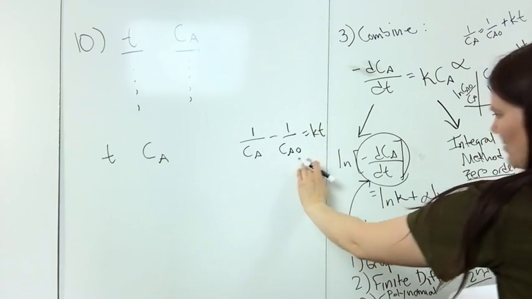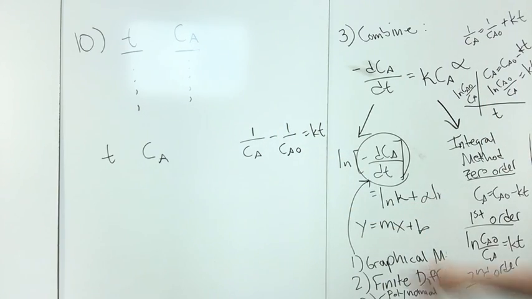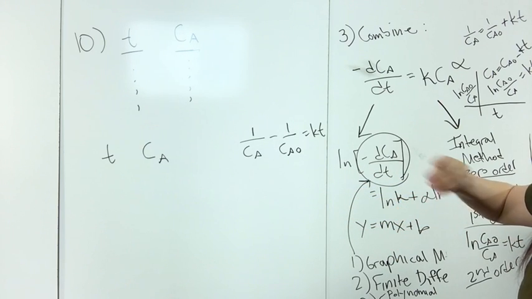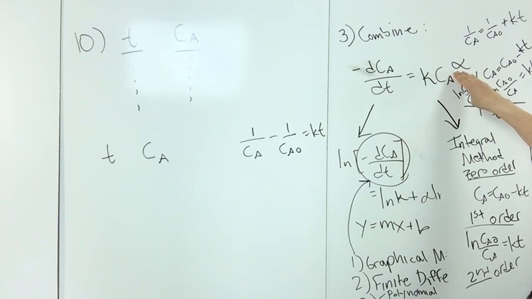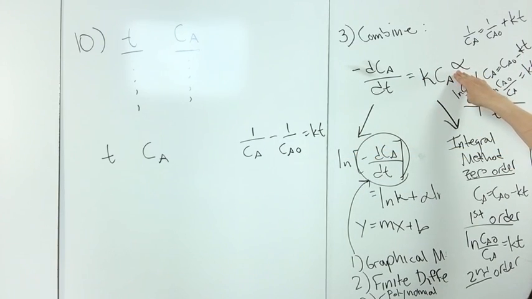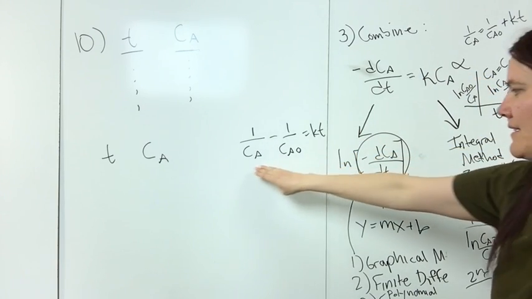So this is the integrated equation that you get. And you should know how you get this by now. You go through the mole balance and the rate law, and that's why with this one you're guessing what alpha is. In this case, he guessed that it was second order, and when he integrated this,